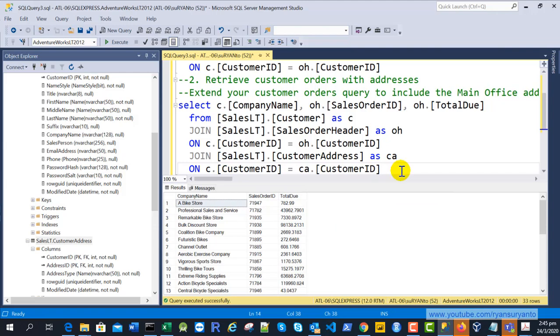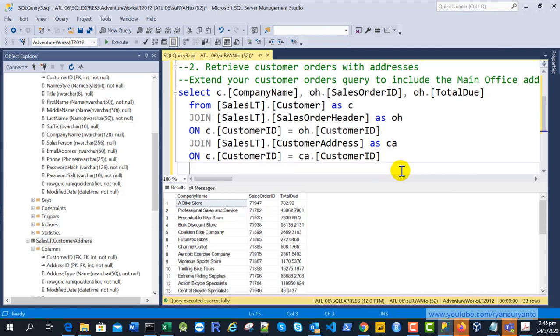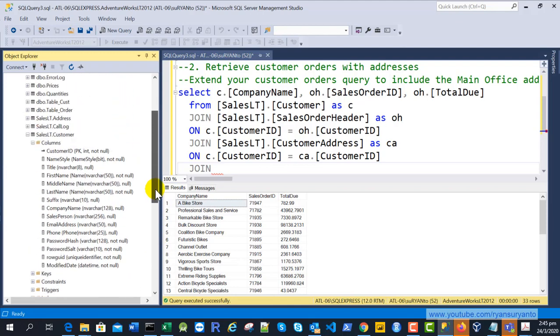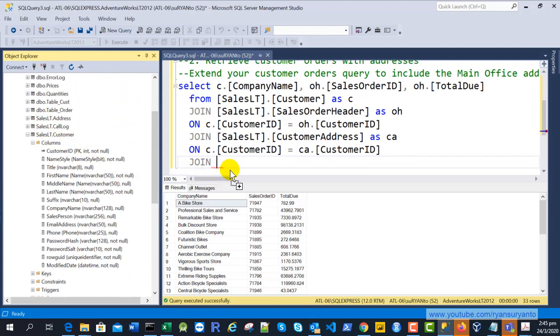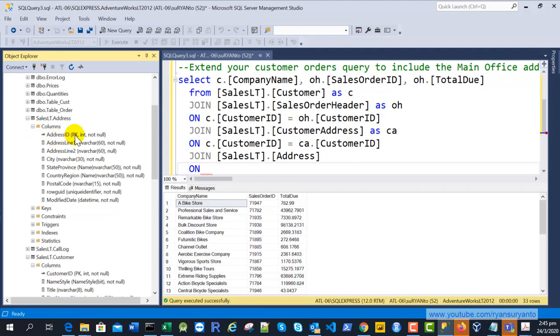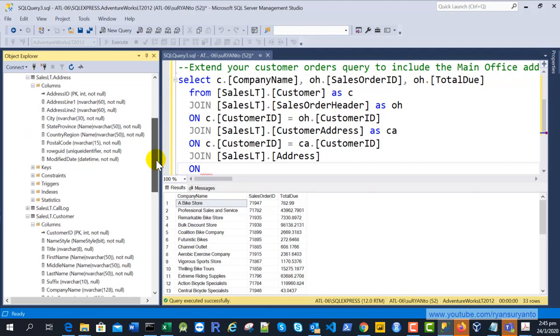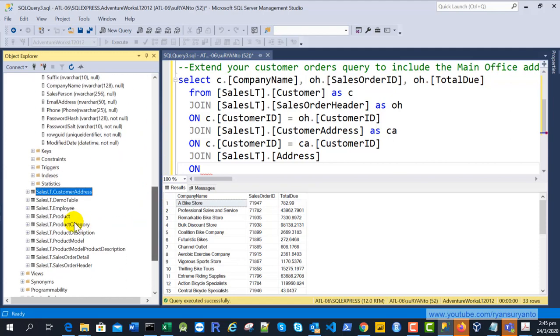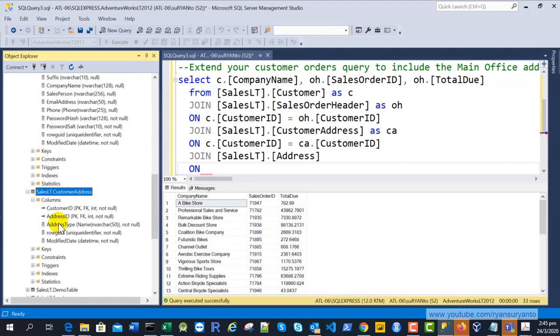Other than that, one customer may have multiple addresses, so I also need to join with the address, SalesLT Address. So SalesLT Address is here. And then after that, on. In the SalesLT Address you see the column, the column is the address ID, which is here in the customer address, you have the address ID, this one.